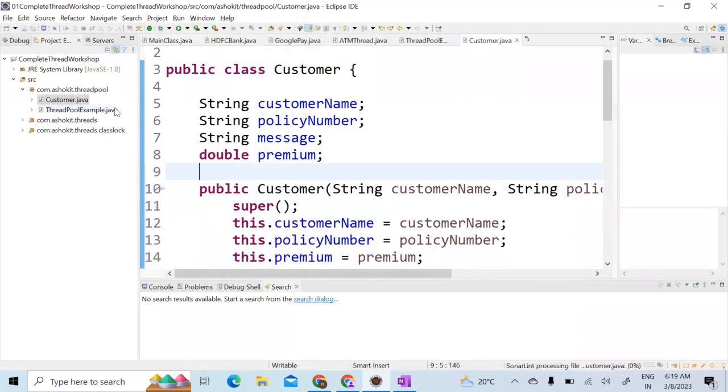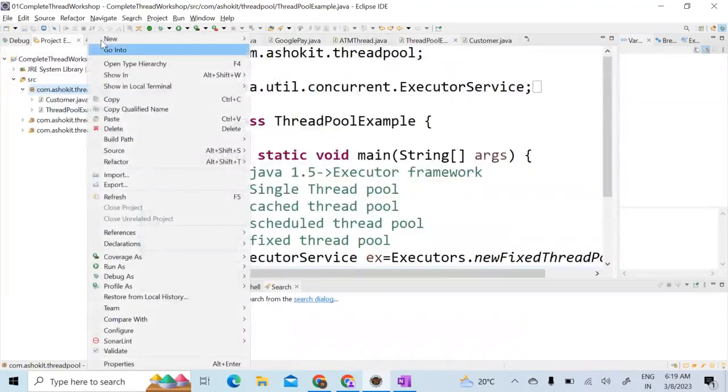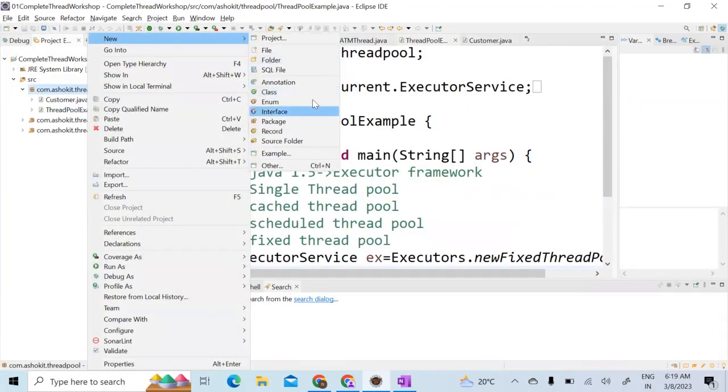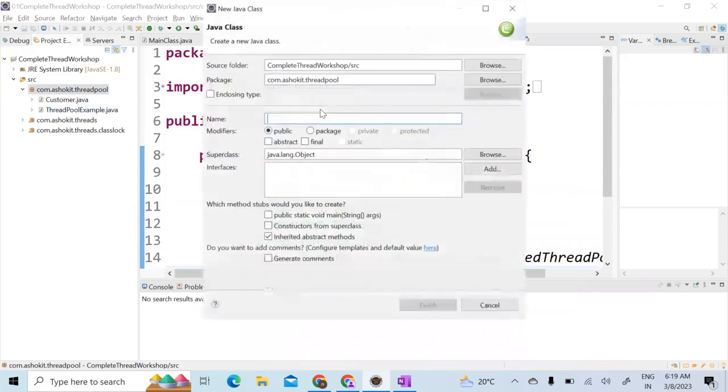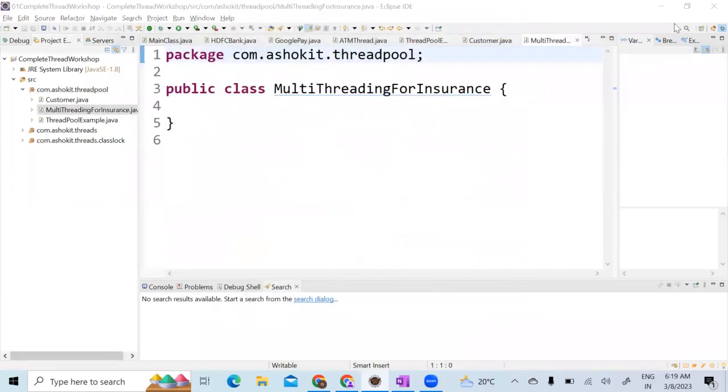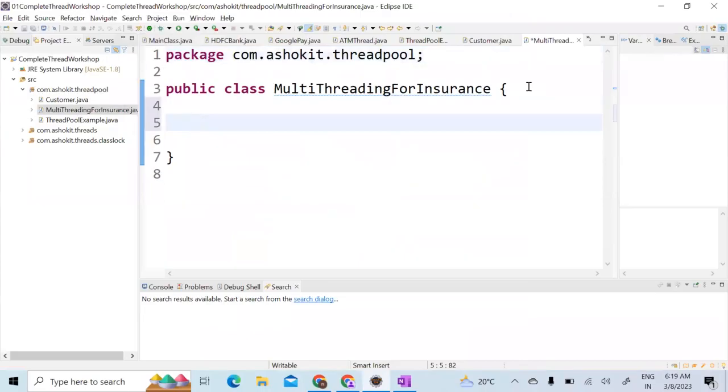Okay, now I will write another class. Multi-threading for insurance premium. I'm just creating a class called MultiThreadingForInsurance. This is a class. Now in this class, as I mentioned just now, I have to